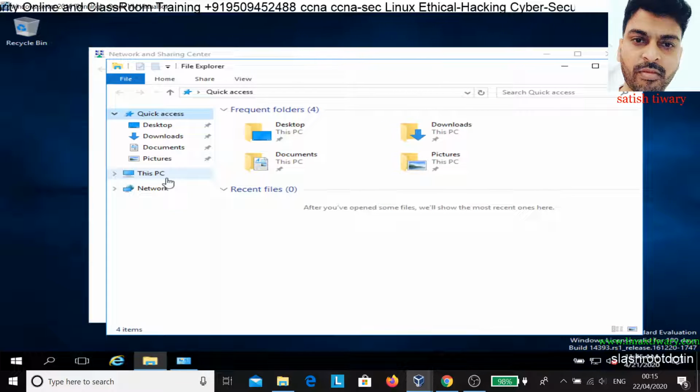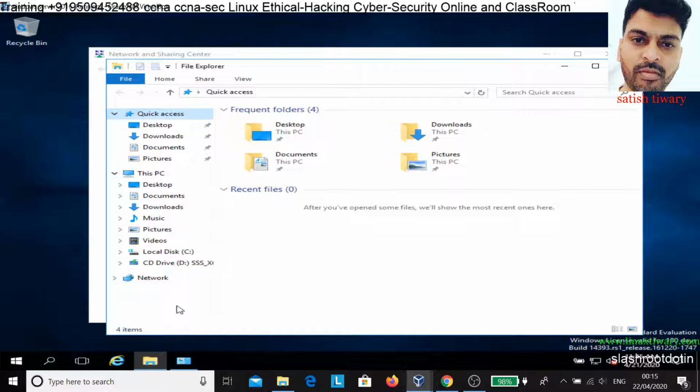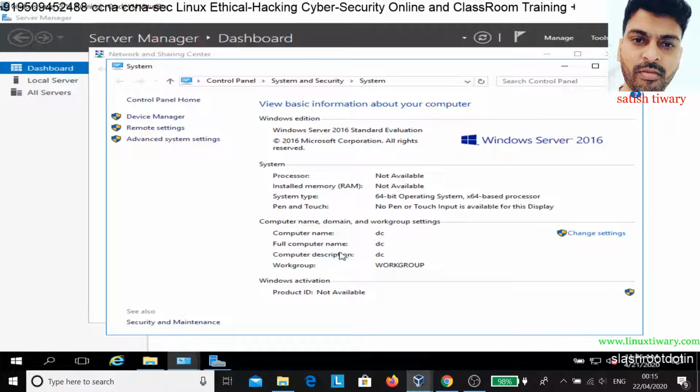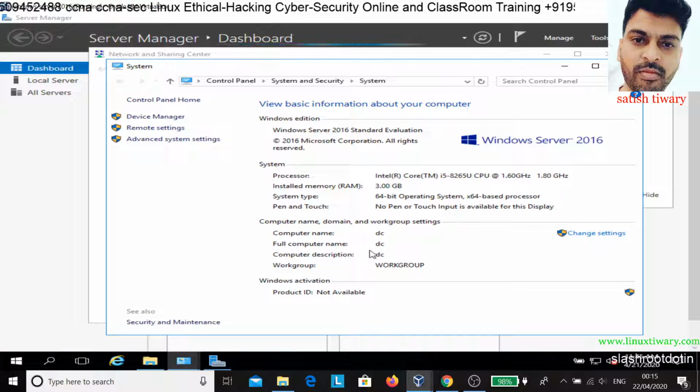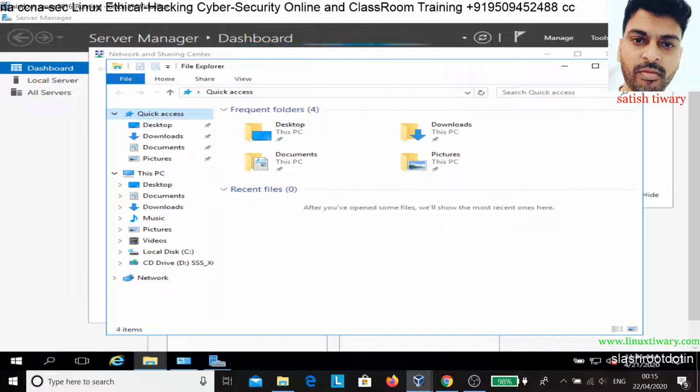Just wait, there is so much load because Windows 7 and Server 2016 are both running. Right click and click on properties, and you can see the computer name is DC, full computer name DC. Computer description DC. So I have changed this to a short one.